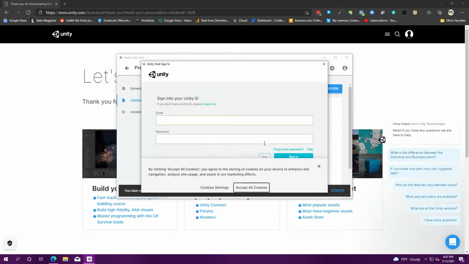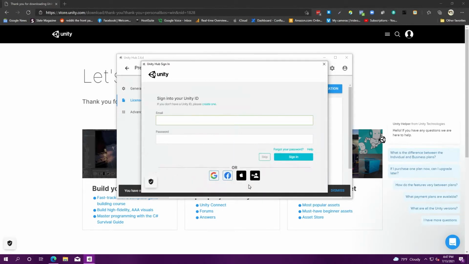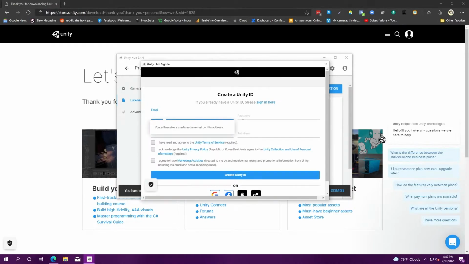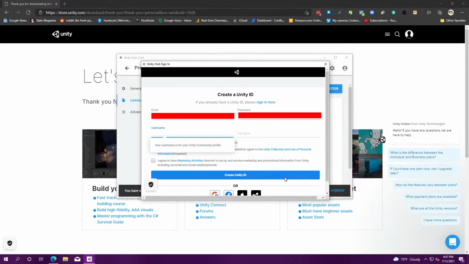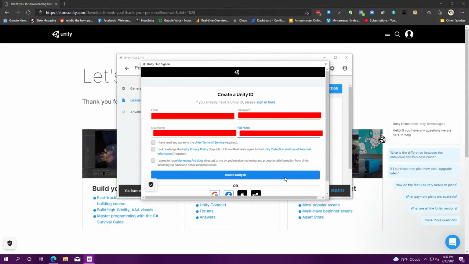That'll launch a little browser window. We'll accept cookies again. And if you had a Unity ID, you'd enter it here, but again, we'll assume you don't, so we'll say create one. You will need to provide a valid email address, which I am going to do. You'll need to select a password, a username, and give your full name. You will need to accept a number of different things that you agree to, and then say Create